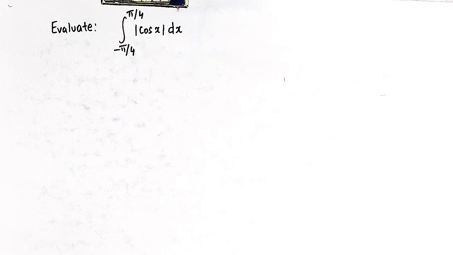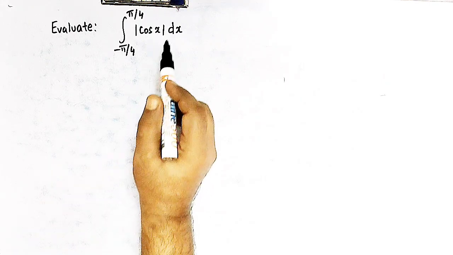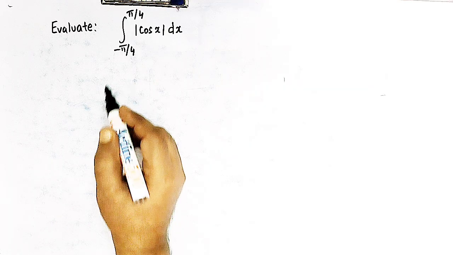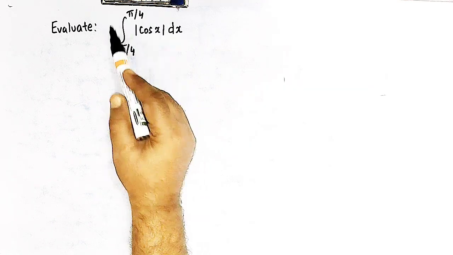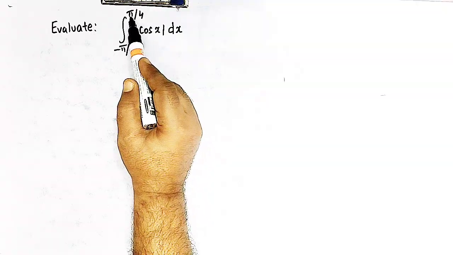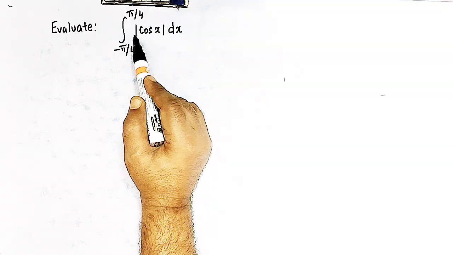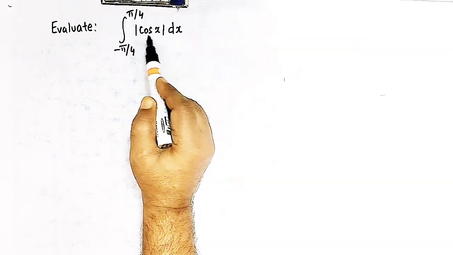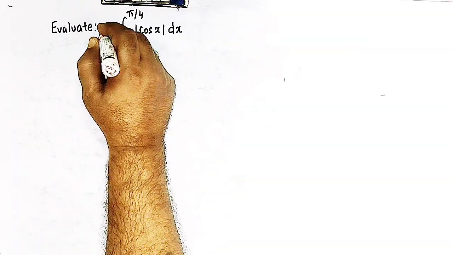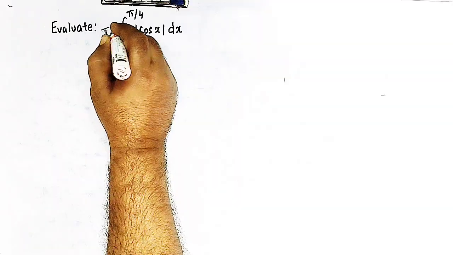Hello viewers, in this session we are going to discuss this important and conceptual definite integral. So we have to evaluate this definite integral. The limits are from minus pi by 4 to pi by 4 and the integrand is mod of cosine x, right? So let us call this integral as I,